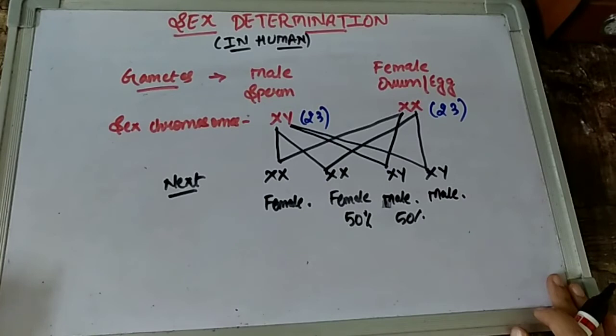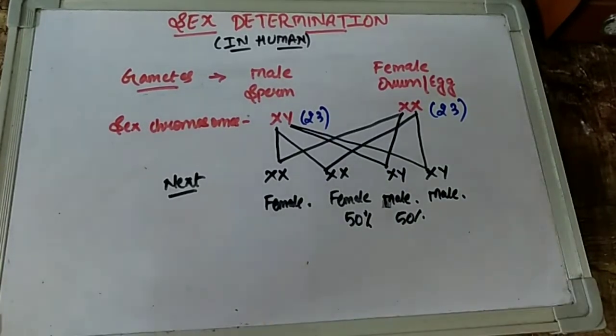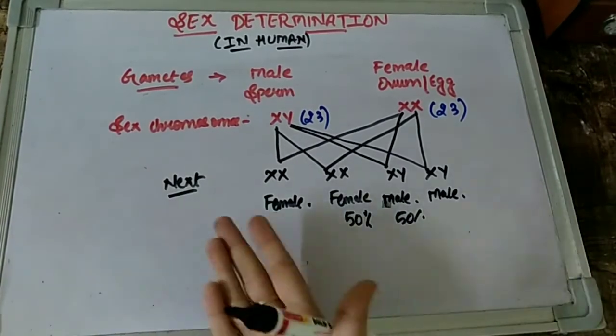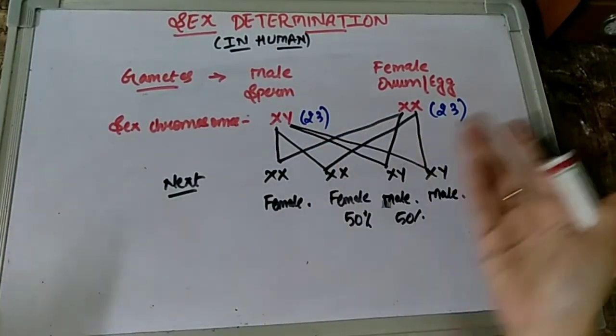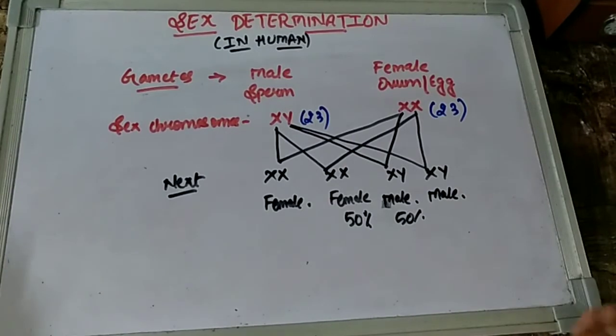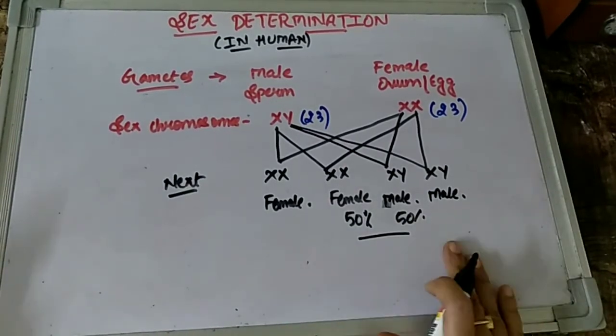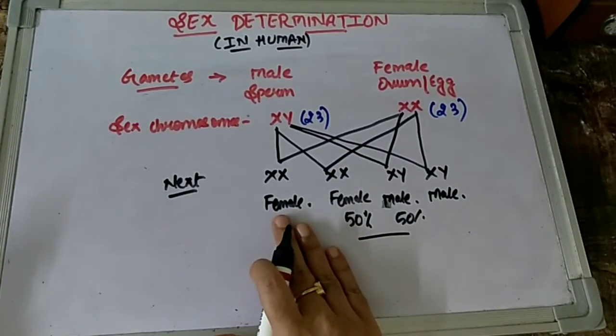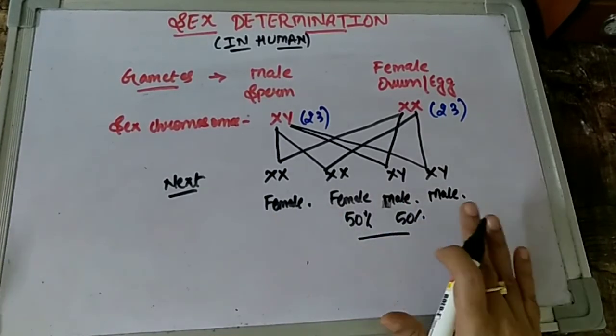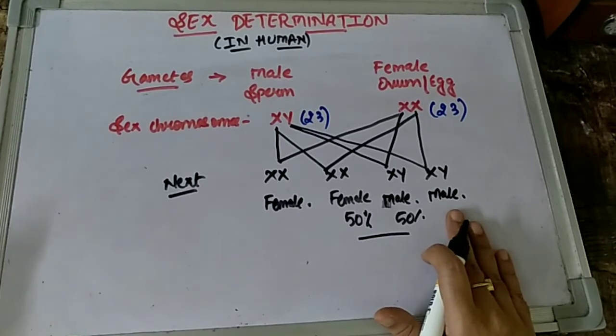Everybody should keep in mind that it's in nobody's hand to produce a demanded progeny. Basically, it's a choice by nature. Whatever chromosomes can fuse, that possibility can arise. So as you can see in the process of sex determination, children, there is a 50% chance of production of a female. At the same time, 50% is the chance that a male child can be produced.